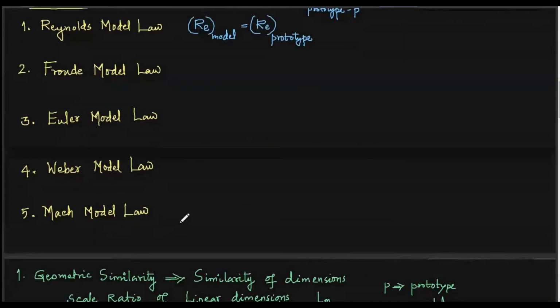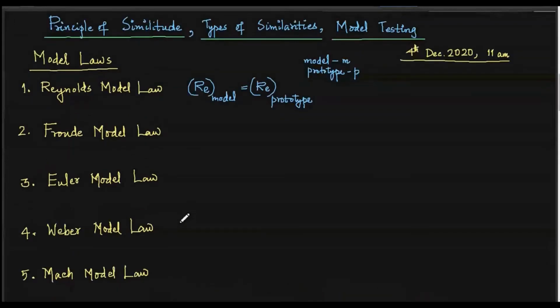That doesn't mean that the same model will satisfy all these model laws. We shouldn't be under that impression. But the prominent model laws will be satisfied. So Reynolds model law, Froude model law, Euler model law are to be applied in different contexts, based on importance. And there can be instances when multiple laws can be satisfied at the same time, where the model and the prototype satisfy Reynolds model law and also Euler model law. That can be the case.